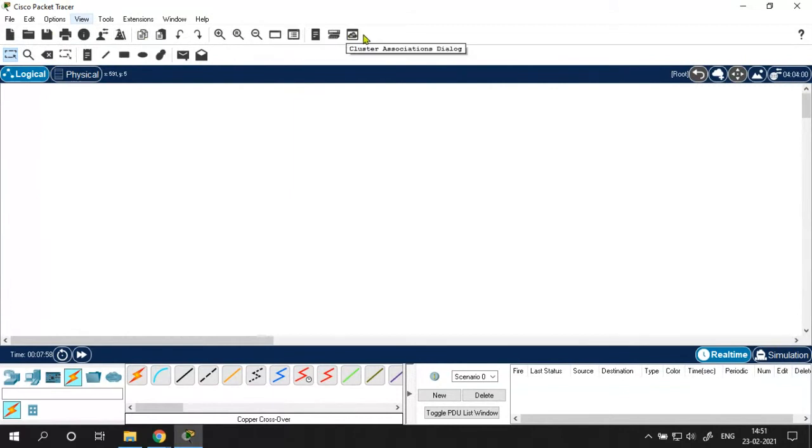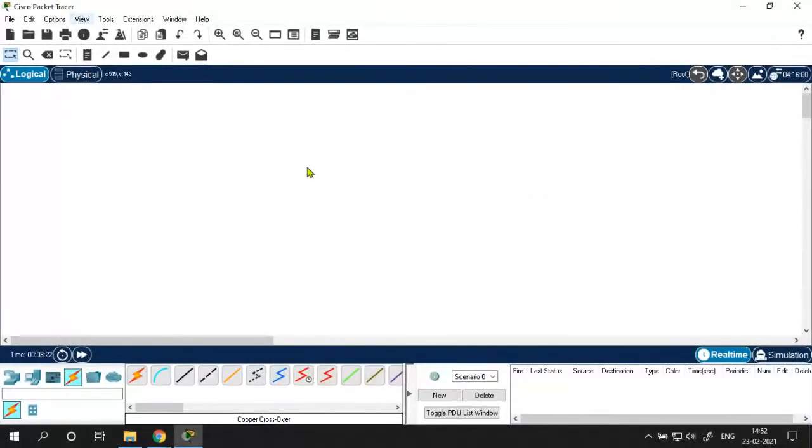Then below that there is the selection, where you can inspect a computer network device, you can deploy, you can delete, you can add a note, right? I hope the introduction to this environment is clear.